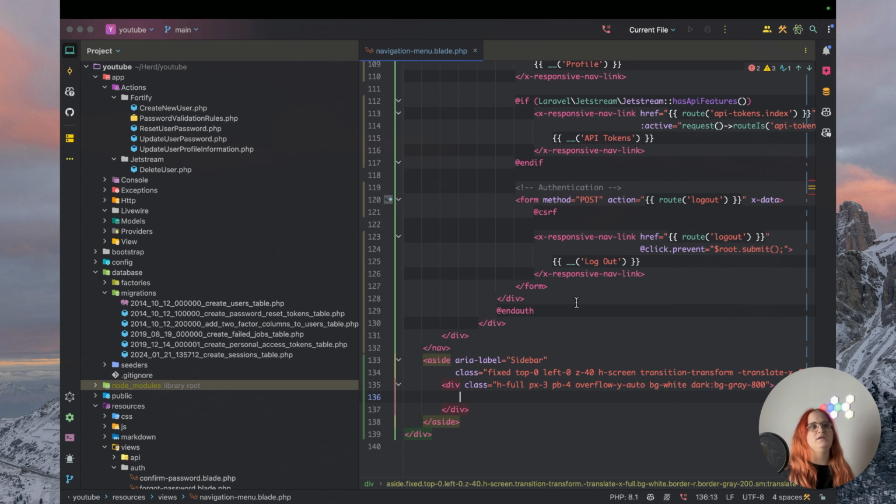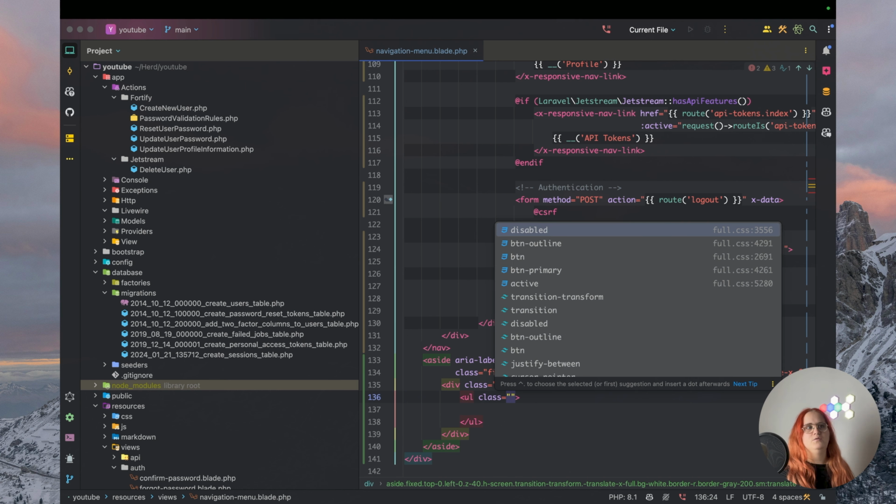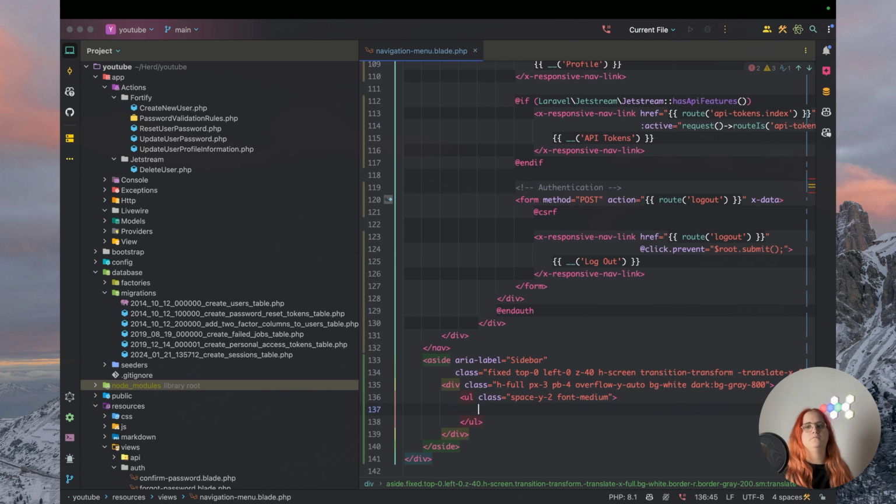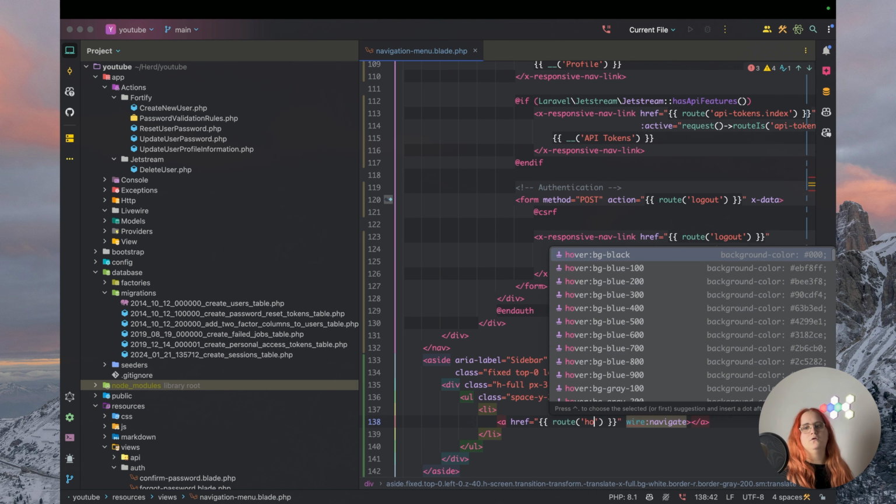And then we want to add in a couple of links. To start out with, let's have a list with space-y-2, font-medium, and just have one li in here with an anchor tag. We're going to use wire:navigate. We're going to say route home,